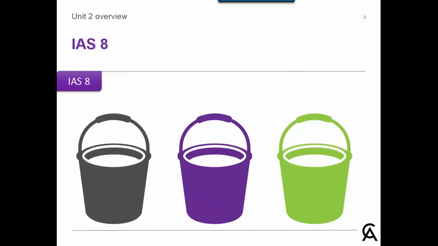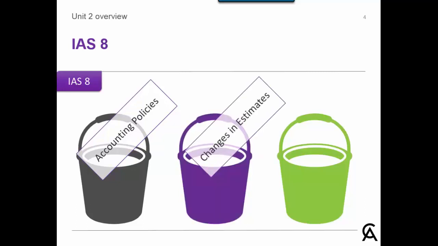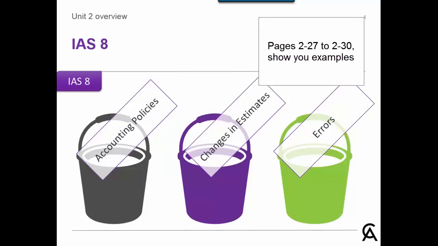IAS 8 covers 3 buckets of information: selecting and changing accounting policies, changing estimates, and errors. Sometimes it is tricky to distinguish between these buckets. If you're having trouble doing this as you progress through the Candidate Study Guide, refer to the more detailed FinBite videos on this. Key to answering exam questions involving this standard is first getting the correct bucket and secondly knowing